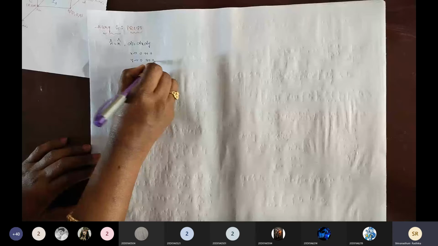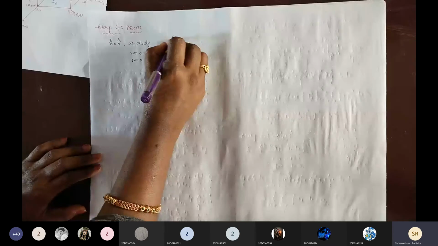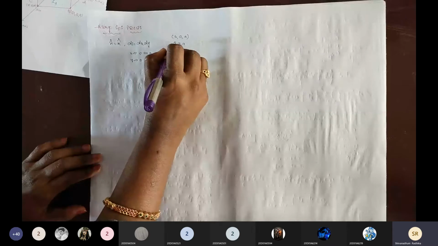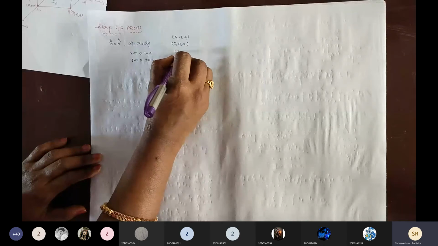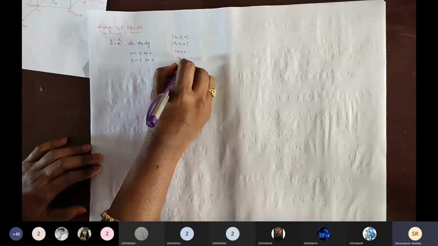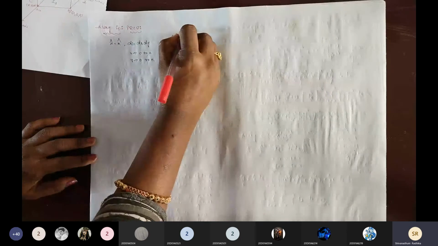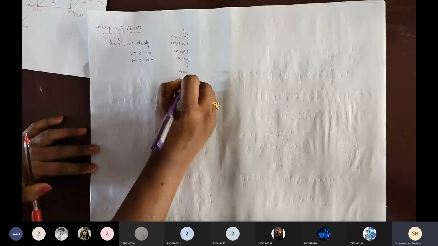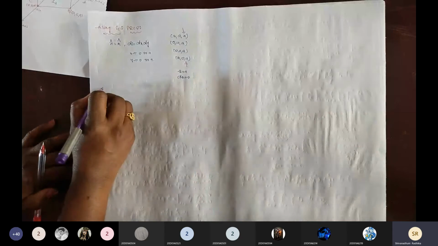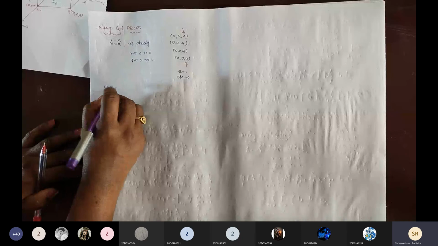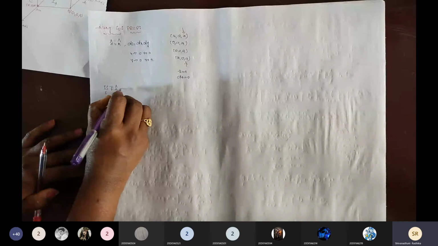And the points: P is a, 0, a; R is 0, a, a; C is 0, 0, a; Q is a, 0, a. Which coordinate has the same value? Here z equals a, the values are equal. Then z equals a on both sides, differentiating gives dz equals 0, the derivative of a constant. Substitute that in the surface integral of f bar dot n cap ds.